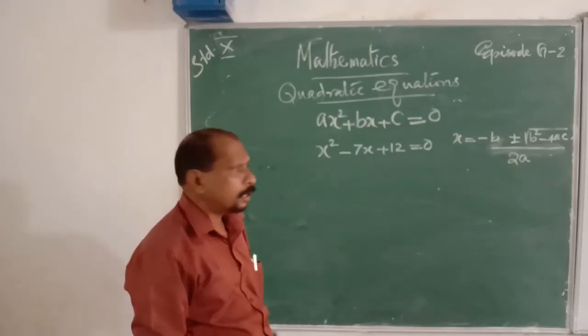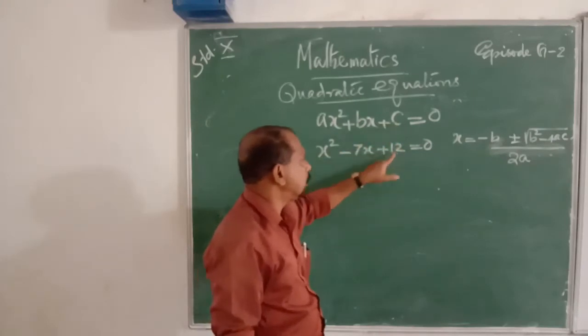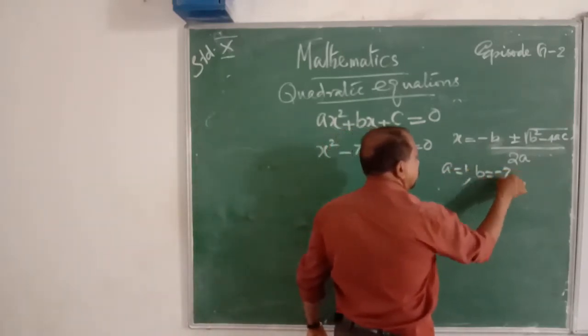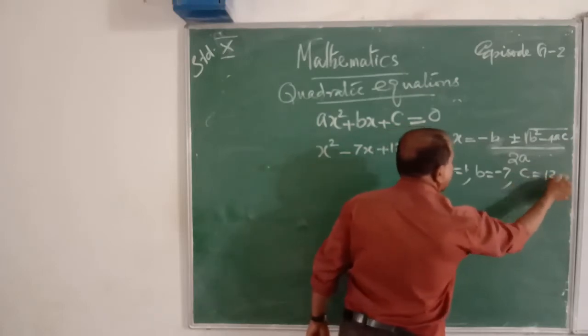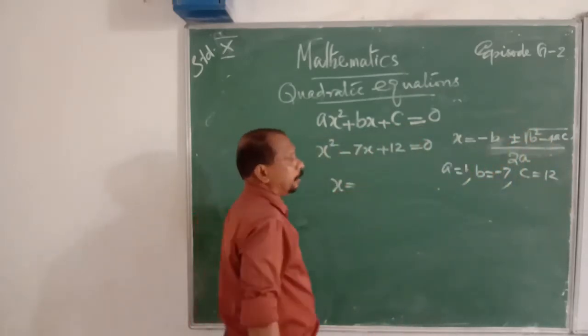A, what is A? It is 1. What is B? Minus 7. What is C? 12. That is, A is equal to 1, B is equal to minus 7, C is equal to 12. Then using this formula, x is equal to minus B...